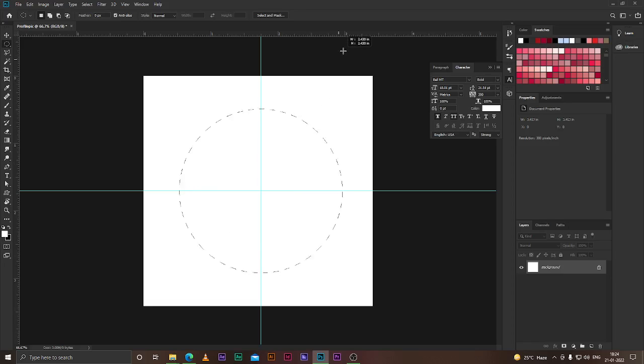Alt shift, and scale it till it touches the end. We can shift it slightly through the navigation arrows, kind of like that. It is a bit small, but that would work.